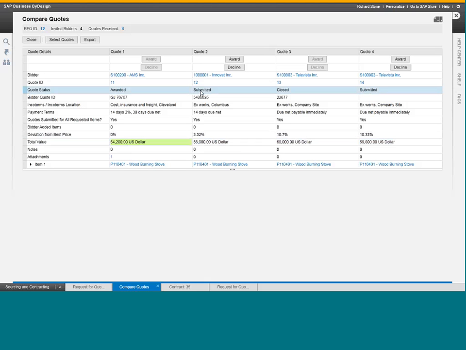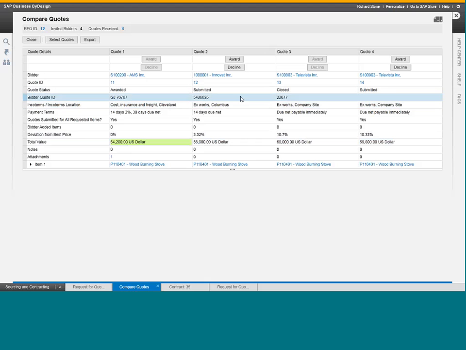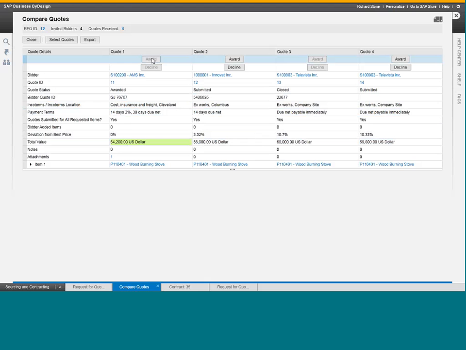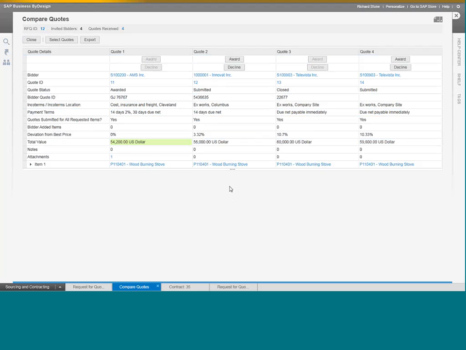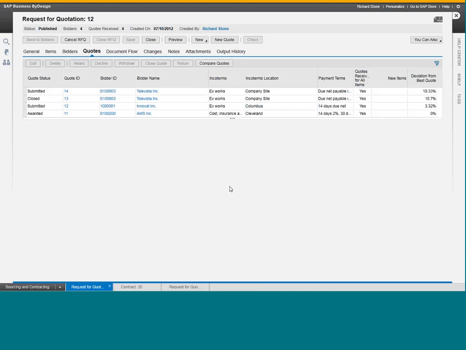This one we've closed out. This one we've left open for the time being. We may decide to award that to them at a later stage. So those are all the quotes side by side. A very easy way of comparing them, and then by just clicking award, in this case, it created the purchase order for that particular quantity. So if I take a look at the document flow here,